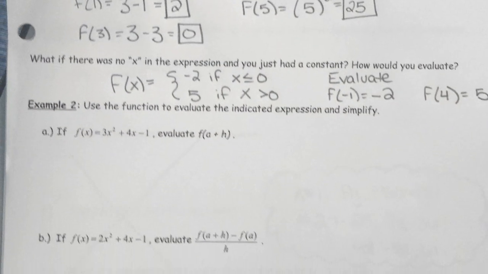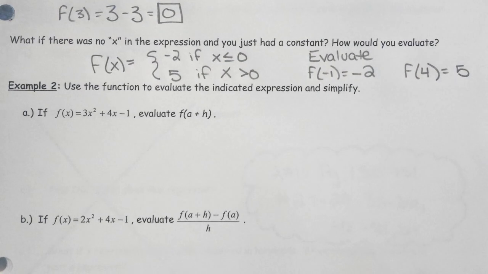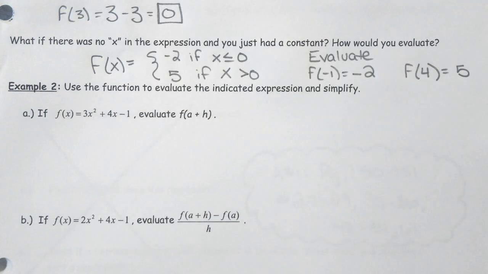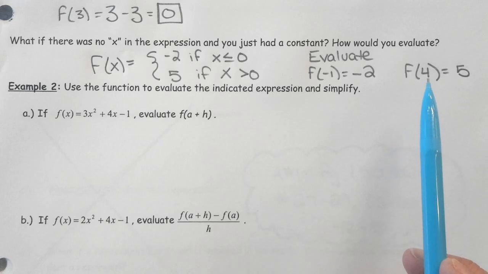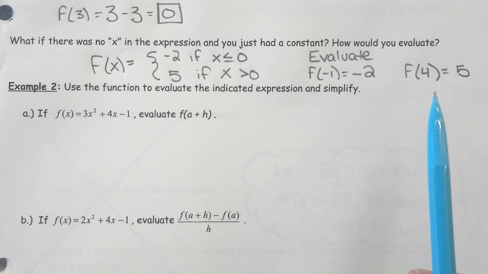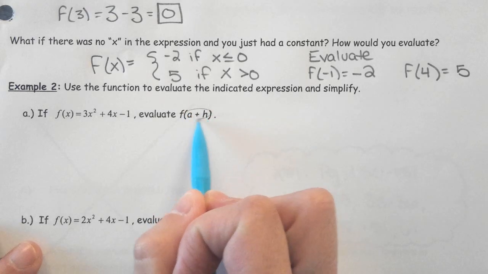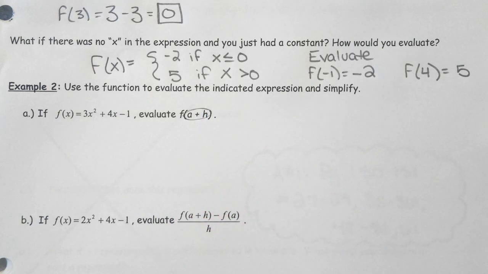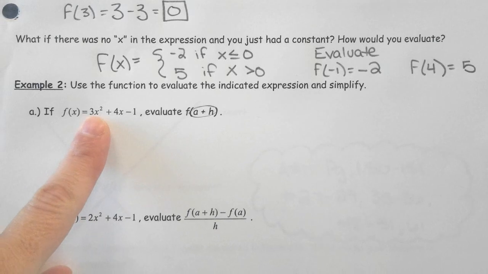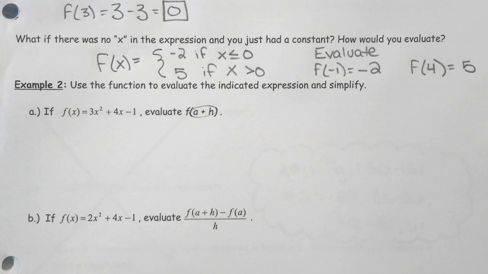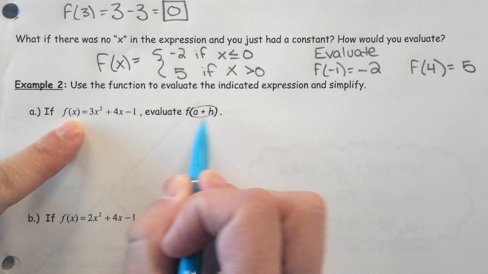Alright, another thing that we need to be able to do is evaluate when we're plugging in more complicated stuff. So far we haven't been plugging in super complicated stuff. We've plugged in 4. That's pretty simple. What if we want to plug in a plus h? So we want to take that whole thing and plug it in. So let's do that. So this one's trickier in that way. We don't have to figure out where to plug it in. It's going to go in for every x that we see,